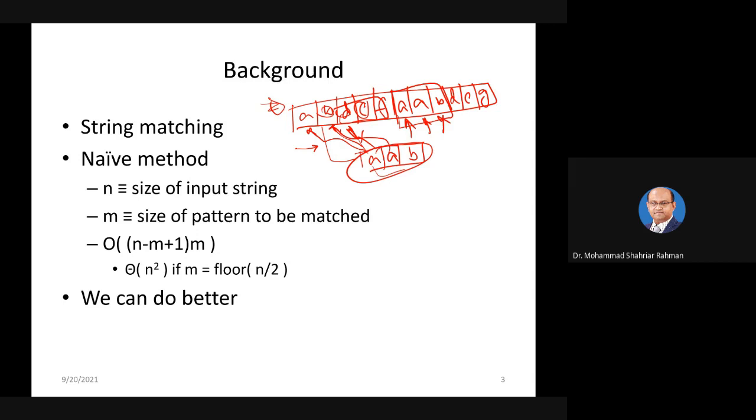Yes, sir. স্যার প্রথমে যখন A A ম্যাচ করলো, পরেরটা যখন ম্যাচ করলো না, তখন প্রথম ম্যাচটাকেও ক্যান্সেল করে শিফট হচ্ছে না? হ্যাঁ, আমরা তো ওই যে এন্টায়ার স্ট্রিংটার ম্যাচিং যাচ্ছি। তো আমি যখন এই AB ম্যাচ পাচ্ছি না, দেন উই শিফট। We have already found that this is a mismatch. ঠিক আছে? জি জি স্যার।